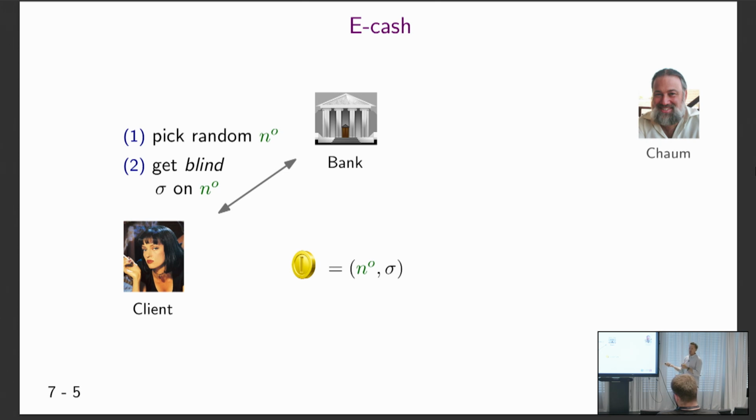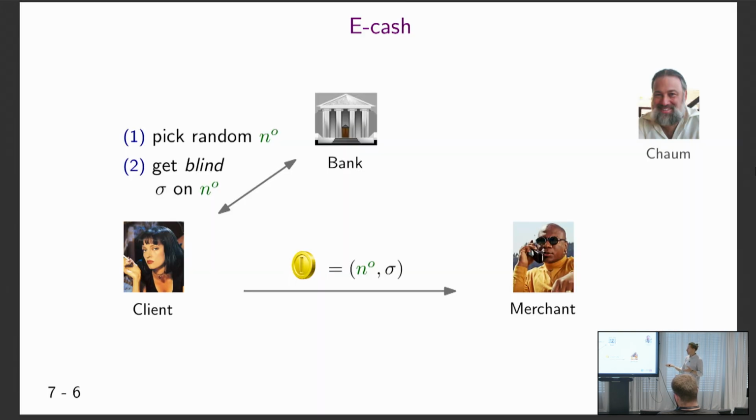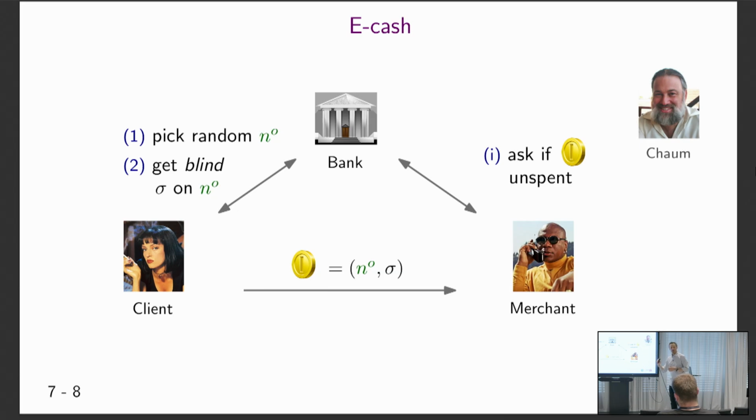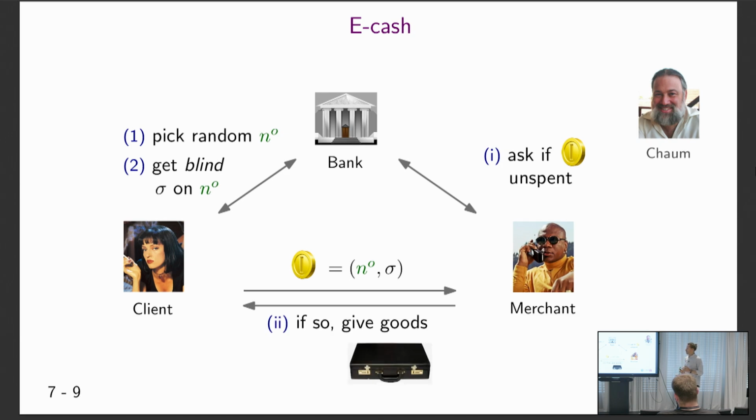And she can now spend this coin with a merchant, for example, Marcellus. However, what's the problem with electronic cash in general? Double spending. What if she also spends her coin with someone else? Well, in this very simple scheme, that's easily fixed because the merchant, before actually giving out the goods, would just ask the bank if this coin had not been spent yet, right? So the bank doesn't know which coins are around because they were blindly issued, but the bank knows which coins have already been deposited. Okay, so if it's not spent yet, the merchant will give the goods.